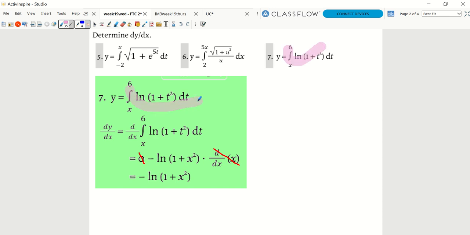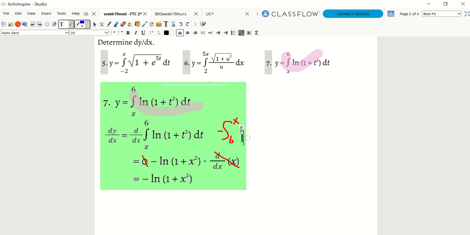So this got copied down. And then we take the derivative because that's what it's asking for. So we take the derivative of this, the derivative, antiderivative. What we're going to do is flip the bounds, flip the signs, and